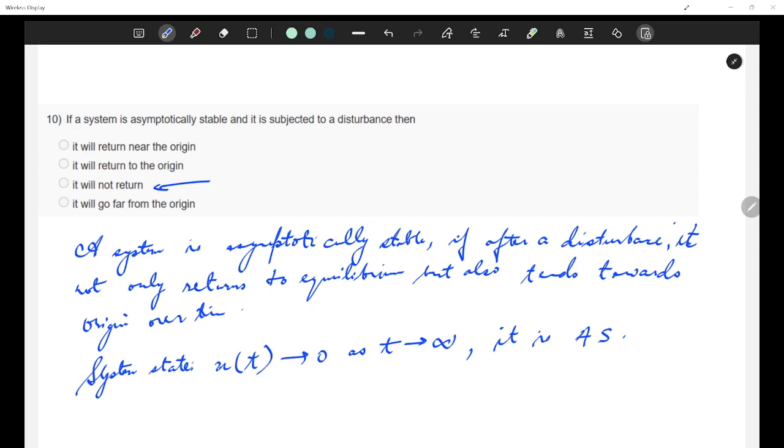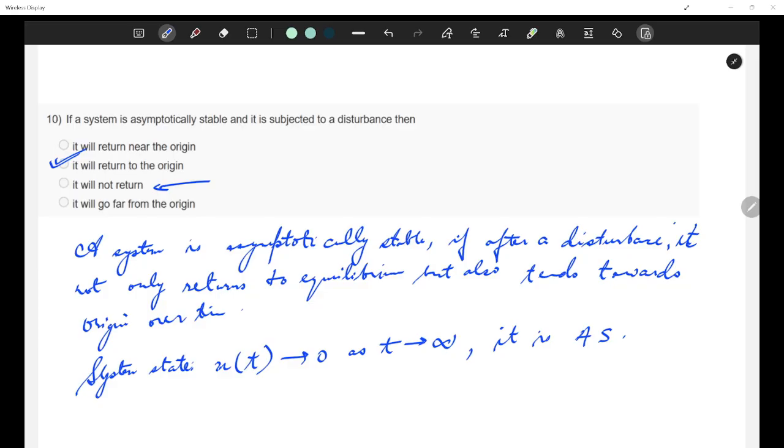Because in an asymptotically stable system, disturbances do not cause permanent deviation. If it is going away from the origin, then it is going to be unstable. Then the other is it will go far from the origin. So this happens in an unstable system where the disturbances grow over the time. So an asymptotically stable system does the opposite. It suppresses the disturbances that happen over the time. So yeah, your correct option is it will return to the origin.